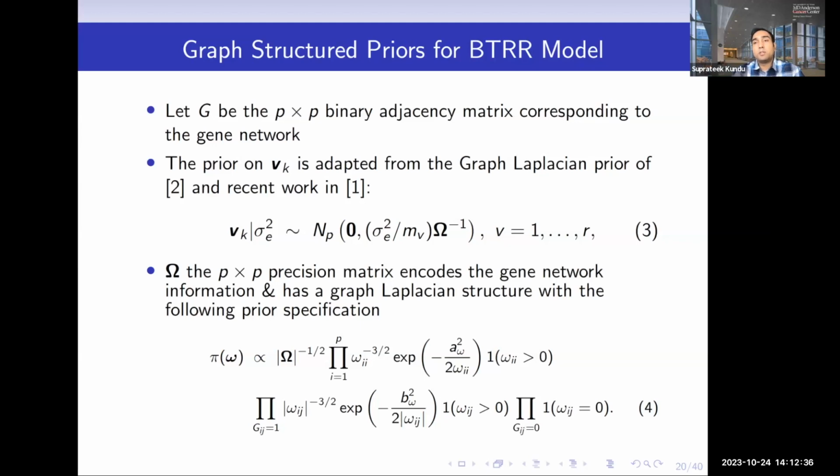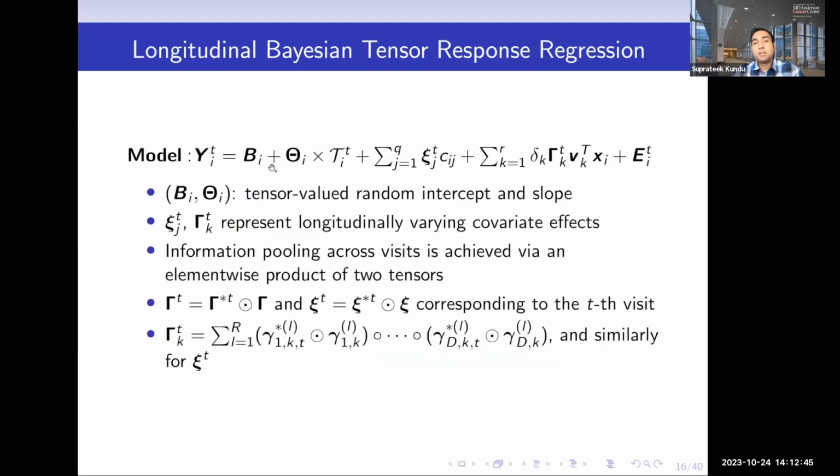And this slide talks about how we incorporate the gene network information. The gene network information is incorporated through these V effects, right? If you go back a couple of slides, remember these genetic effects are a product of these time-varying tensors and these V's. These are, if you will, the structured effects. These structured effects are p-dimensional, and they can be modeled using gene network information, using any of the approaches that are out there,